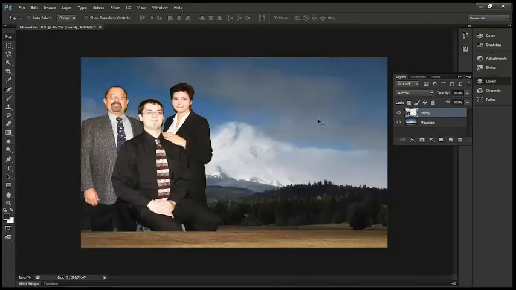So organizing your layers is important not only because that's the way it shows up and appears in the image itself, but also renaming the layers will help you keep organized so you know exactly which layer contains